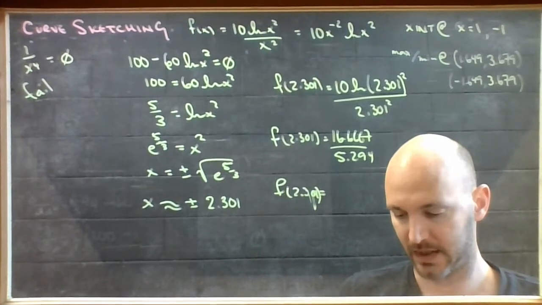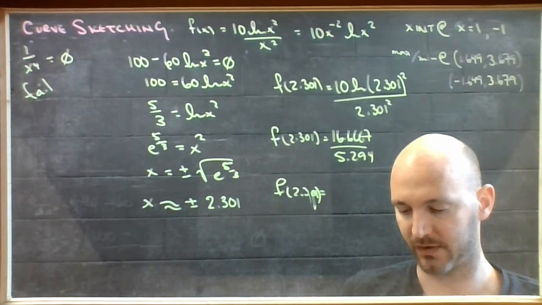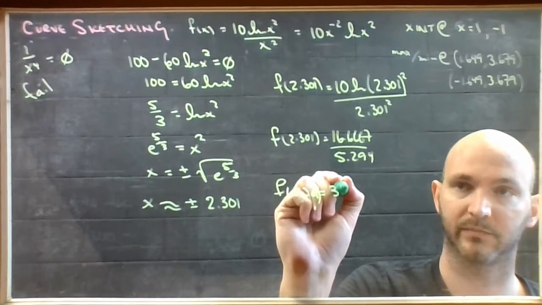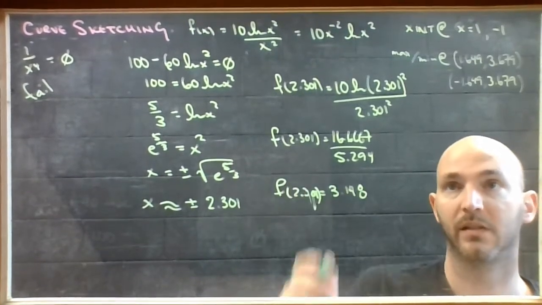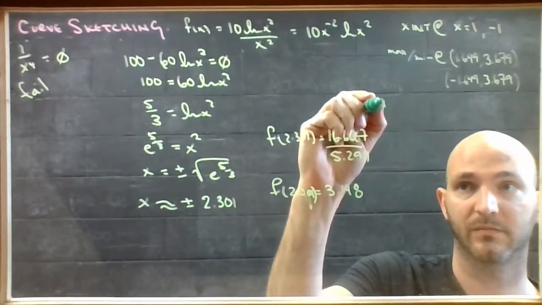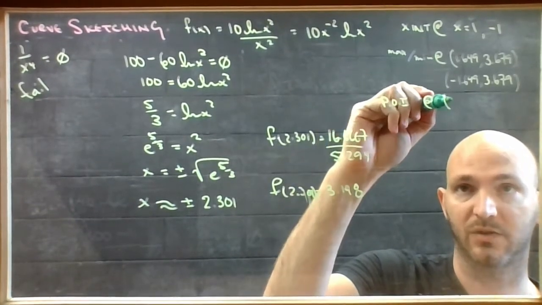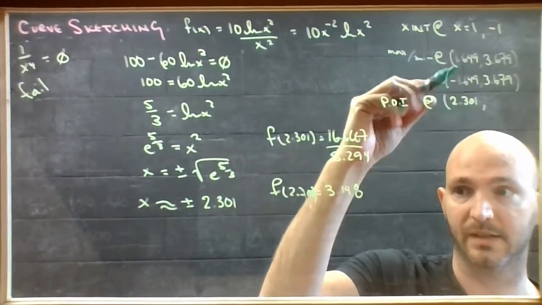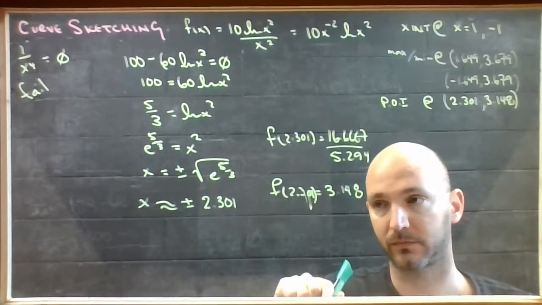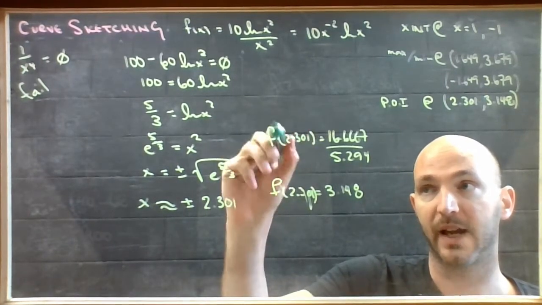So 16 point all the 6's divided by 5.294 gives me 3.148. So I have just figured out that I have a point of inflection at 2.301 on the x, 3.148 on the y. Now this plus or minus 2.301, so if I toss the negative in there, this has happened